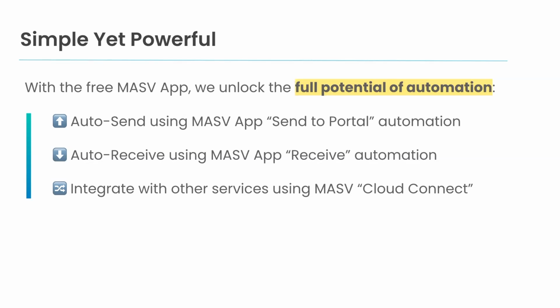Moreover, MASV can auto-deliver media to other cloud-based services with Cloud Connect. In this case, for example, a copy of these dailies will automatically get delivered to Frame.io for the entire editing team to access. And another copy can be sent to Iconik or other media asset management systems. Oh, and just to note, your media is protected with encryption, both on its way in and out of MASV and inside MASV storage locations globally.